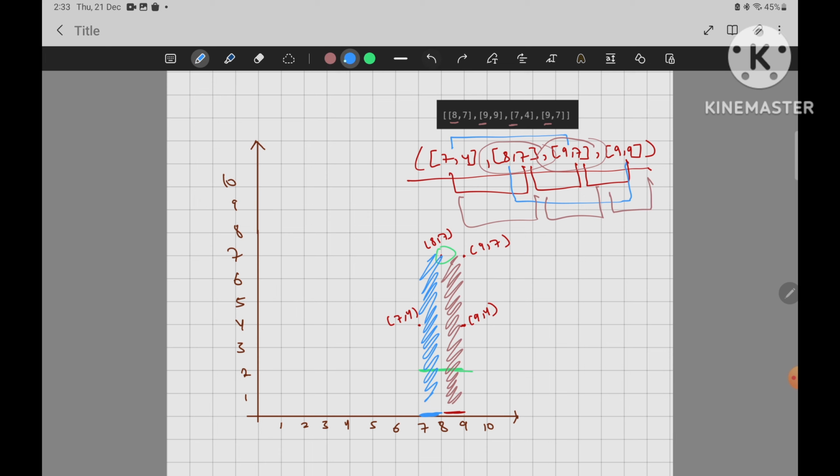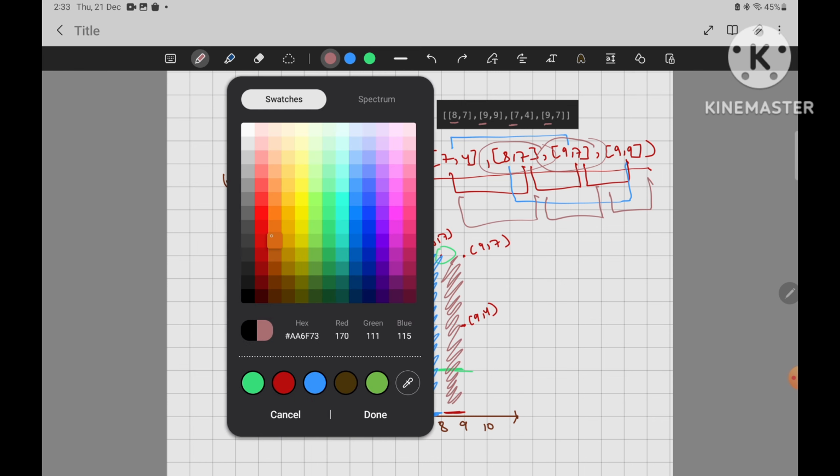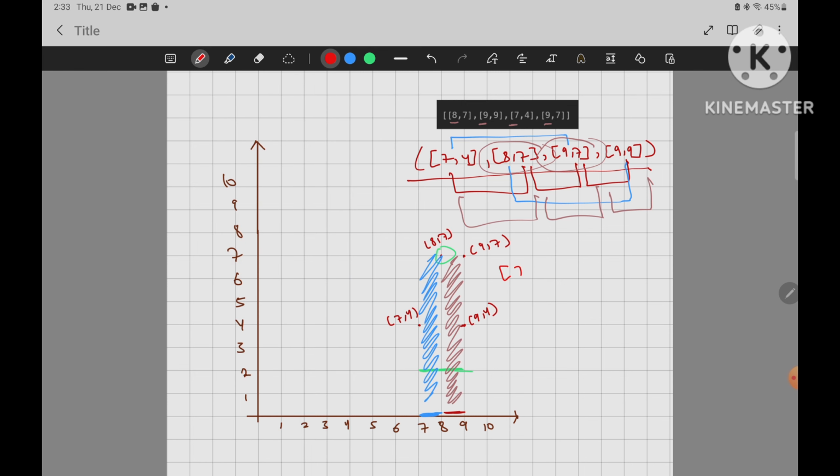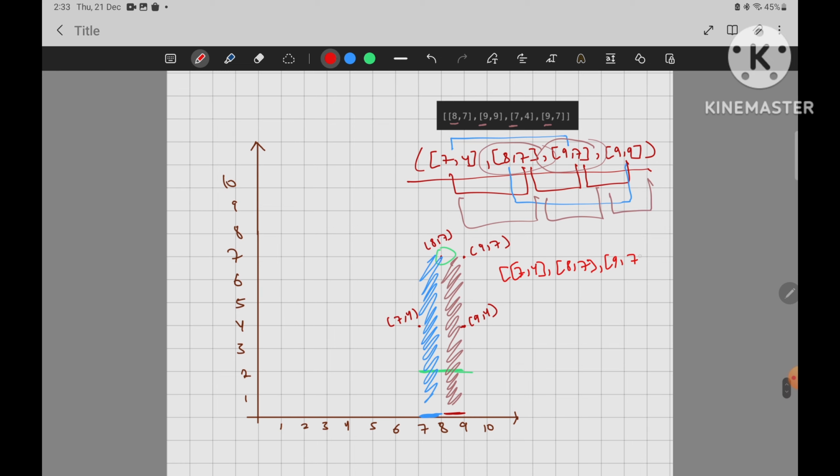That is, I can get 7, 4, 8, 7, 9, 4, 9, 7 and 9, 9. Or I can also get 7, 4, 8, 7, 9, 9 and 9, 7. And you would think that the ordering of these two in either way would affect our answer,